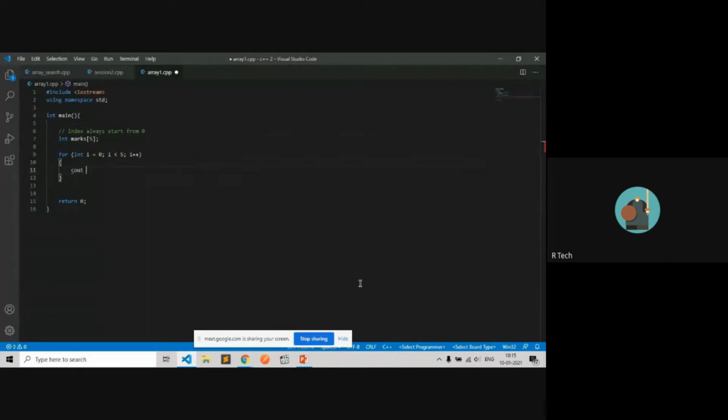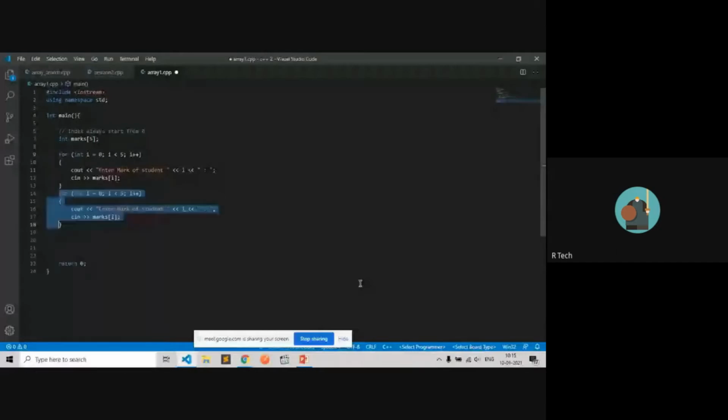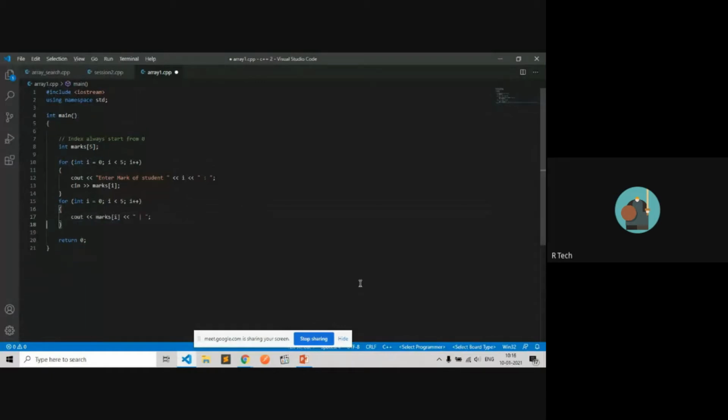So cout, i. And then let's try to print. It always helps me in structuring the program.